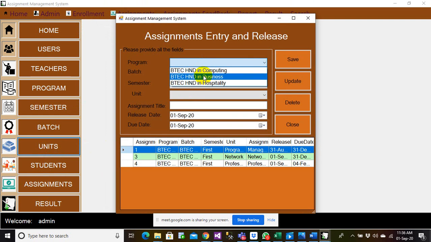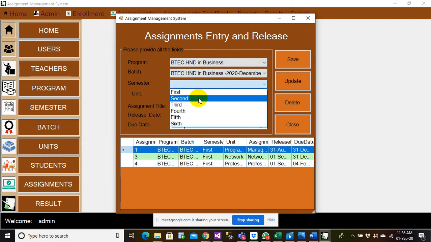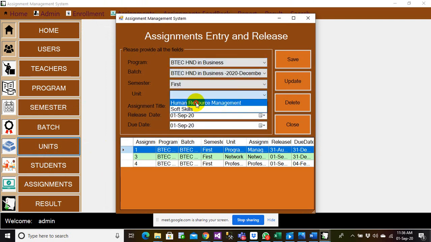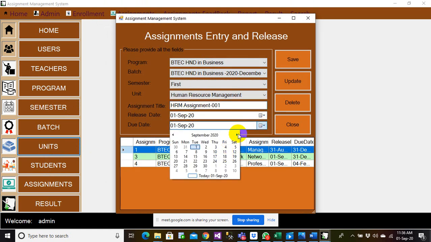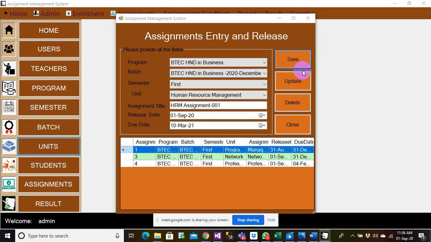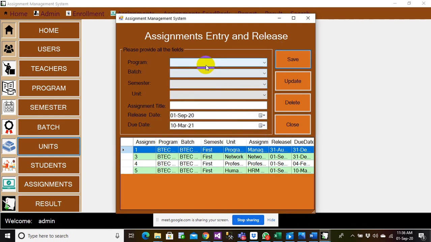and release. So let me choose business first, human resource management assignment, HRM assignment 1. Let's say this is the date of, let me choose hospitality, CHM assignment 1.